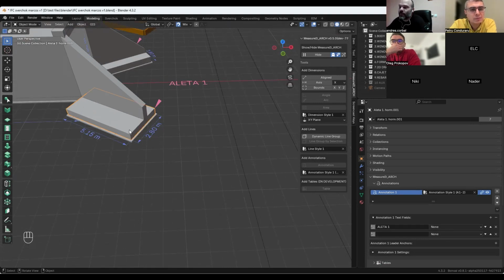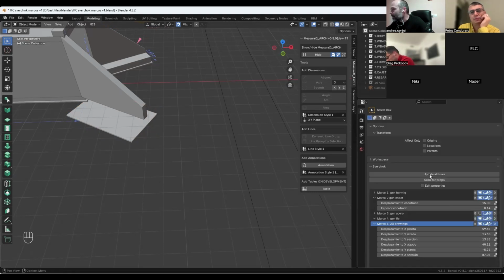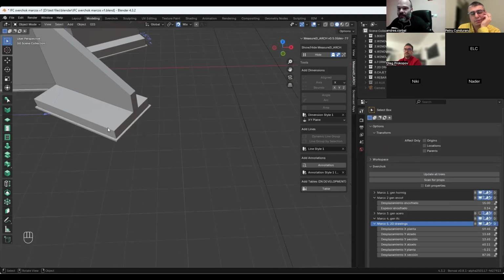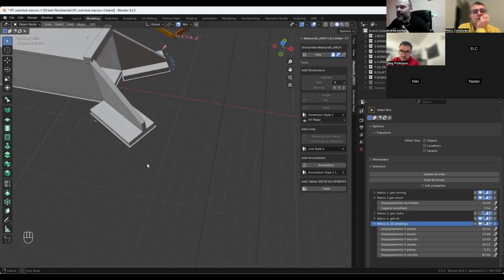In fact, if you erase this slab, for example, and you recreate it, the measurements will be all gone. It's a little bit tricky. If I erase this, I'm going to recreate the nodes. You see, the slab appears again, but there are no measurements.